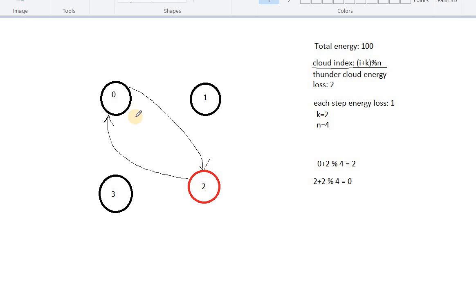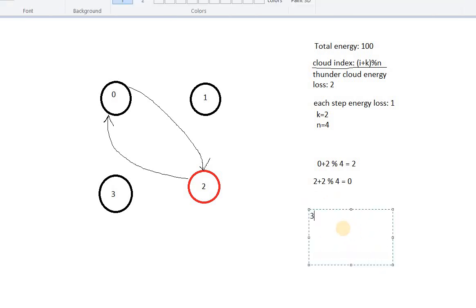And as it is not a thundercloud, he loses only 1 unit of energy. So the total energy loss will be 3 units for the first time and 1 unit for the second time, which is 4 units. So in total he loses 4 units of energy out of the total 100 units. So he will have 100 minus 4, that is 96 units of energy left.